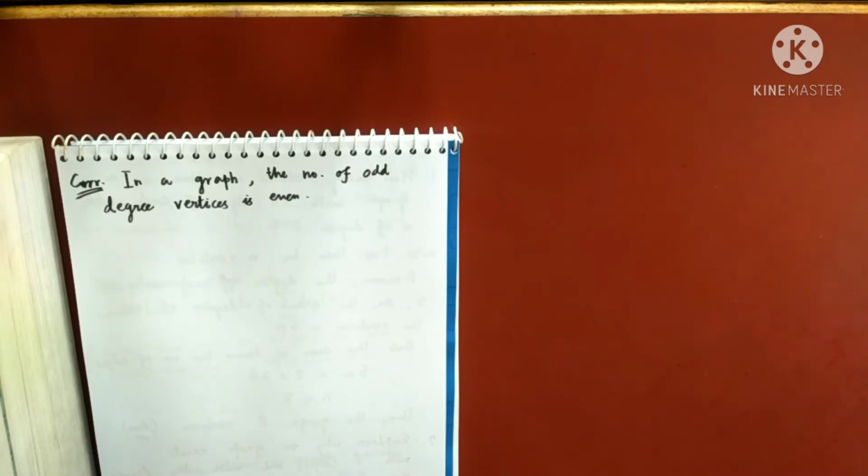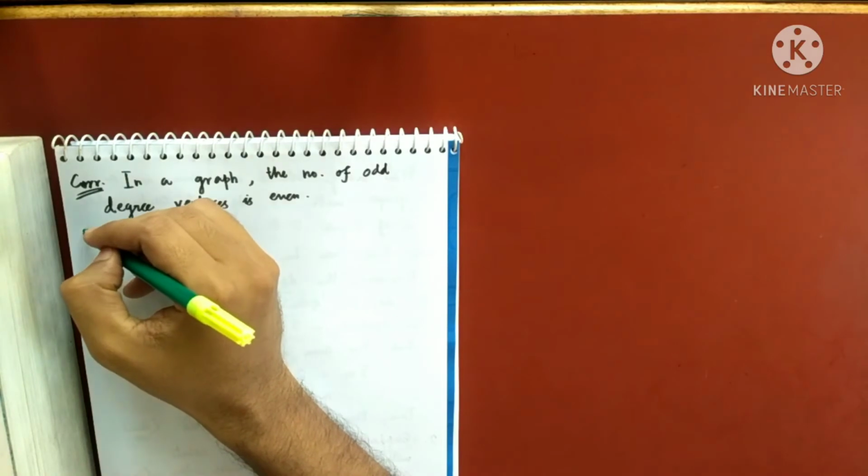If there are actually 5 odd degree vertices and all the rest are even degree vertices, if you add the degrees of these 5 odd degree vertices, it will be odd. Are you getting my point? What I am trying to say? Suppose there are 5 odd degree vertices and the rest are even degree vertices. If you sum this up, your answer is going to be odd, which is not possible. So this is the idea behind the proof. Am I clear? So let me prove it.